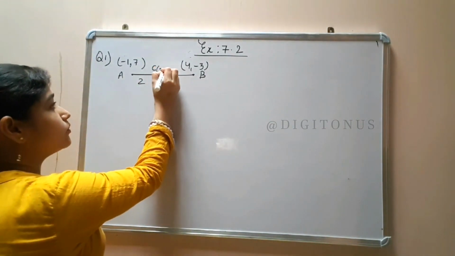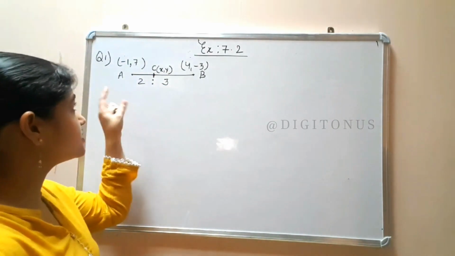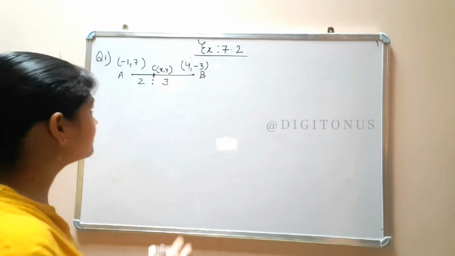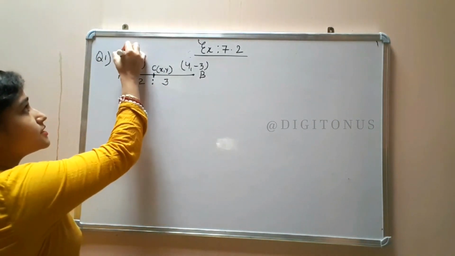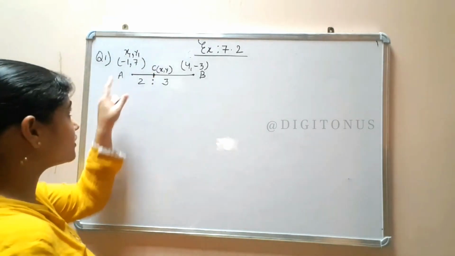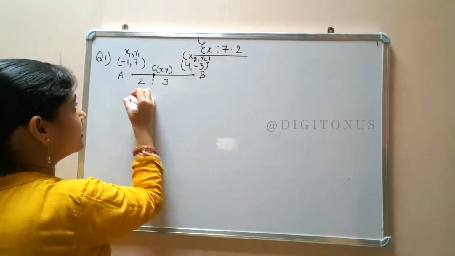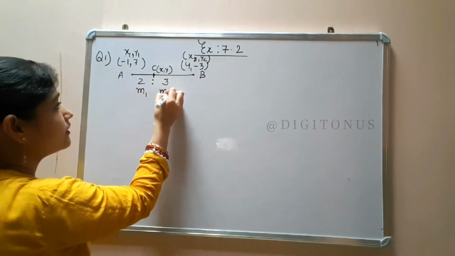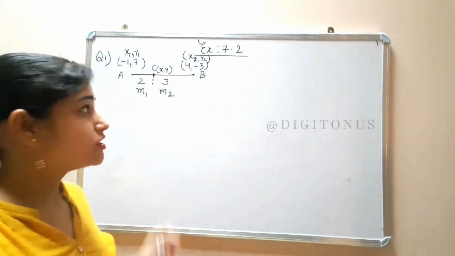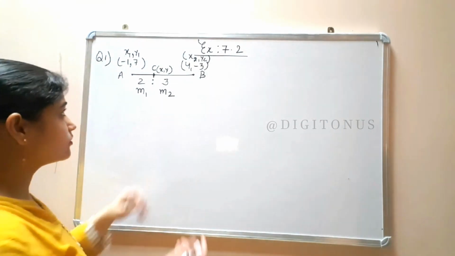And I told you that the coordinate points of the point which is dividing any line are named x and y. Okay, so let's start giving names according to the formula. This is x1 y1 and this is x2 y2, and this ratio is m1 and m2. So according to the formula they have given all the values, so it is a direct question. Let's start, apply the formula and find the values.